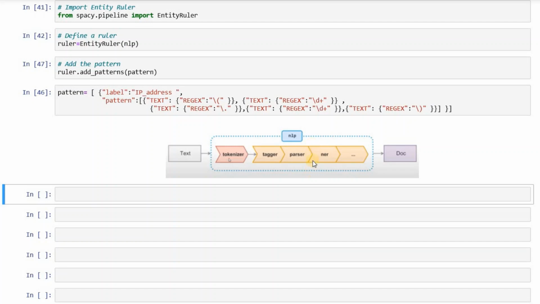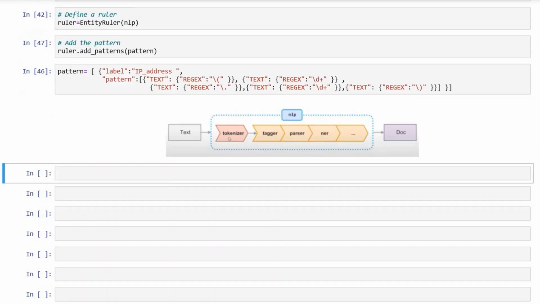I want my new ruler to be inserted. So for that I would do nlp.add_pipe, and here I would add my ruler, and I have to mention that it should be before named entity recognition.